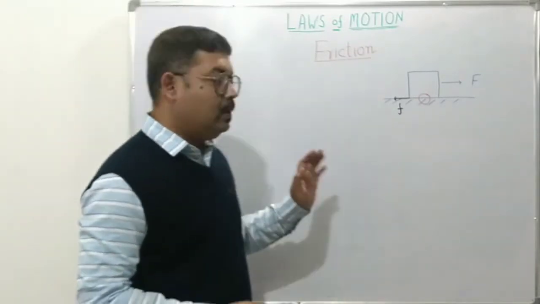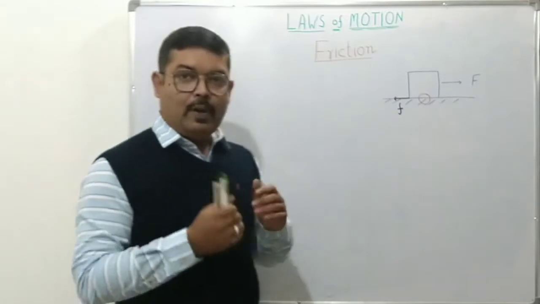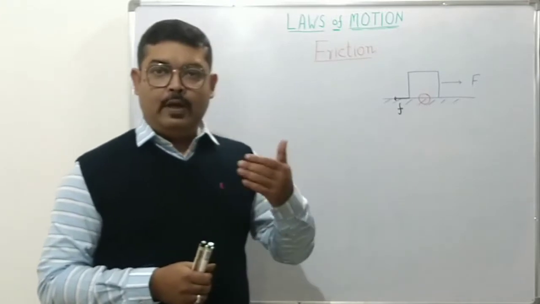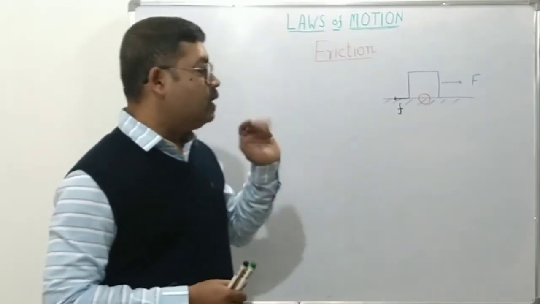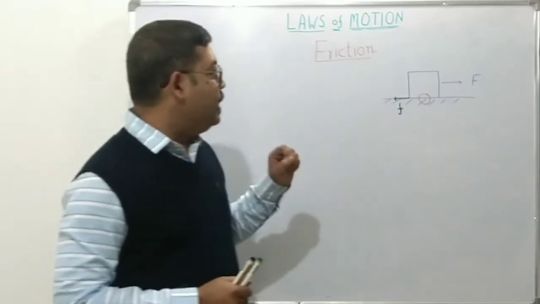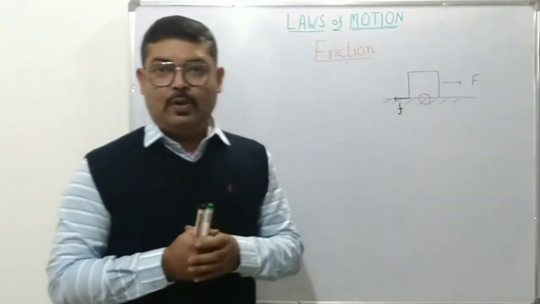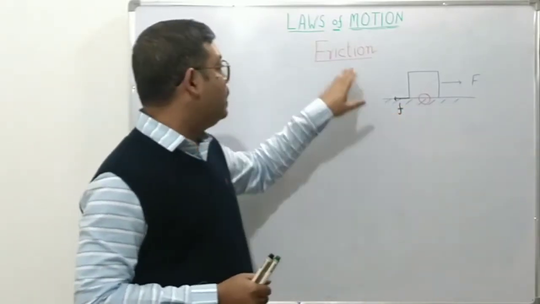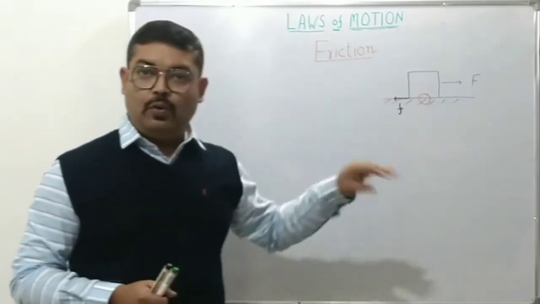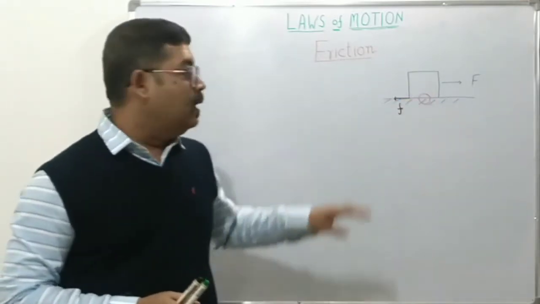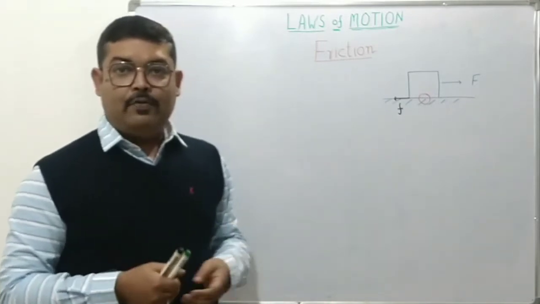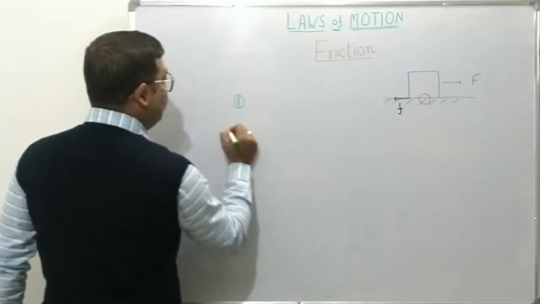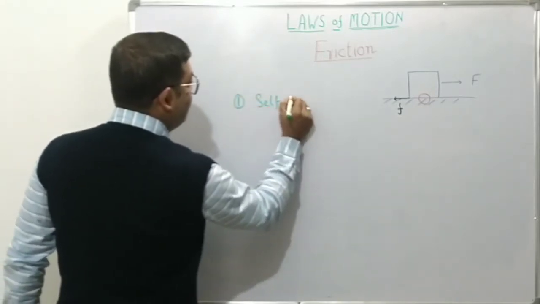Now what we observe in real life is that when we apply a certain amount of force to move an object, it generally doesn't move. We need to increase the force until we cross a threshold amount of force. Why does this happen? This is only because the force of friction, the force generated at the interface between the object and the surface, is adjusting itself to the applied force, which means that frictional force is self-adjusting.